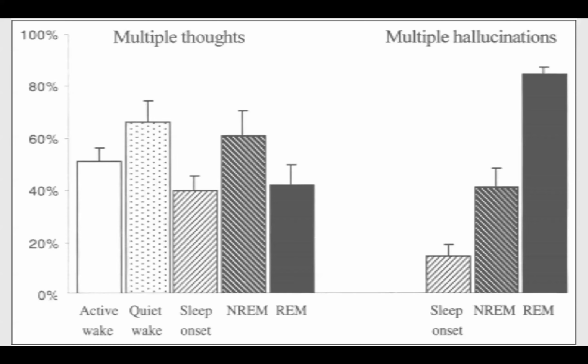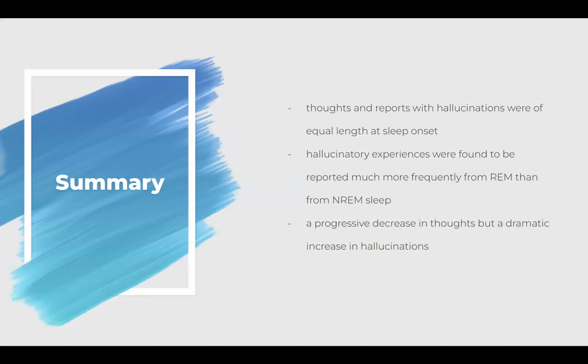Now, for a subset of reports that contained thoughts and for the subset of reports that contained hallucinations, they identified the occurrence of multiple events. The patterns of multiple occurrences across the 3 sleep stages differed for reports with thoughts and reports with hallucinations, as you can see in this figure. In contrast, the percentage of reports with hallucinations that contained multiple occurrences varied significantly across sleep onset, non-REM sleep, and REM sleep. In summary, sleep hallucination was strongly dependent on sleep state, increasing from sleep onset through non-REM sleep